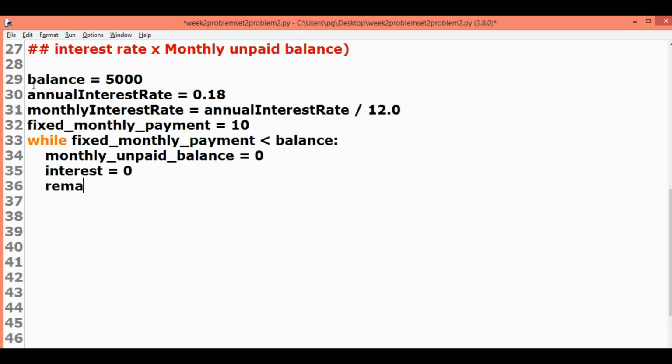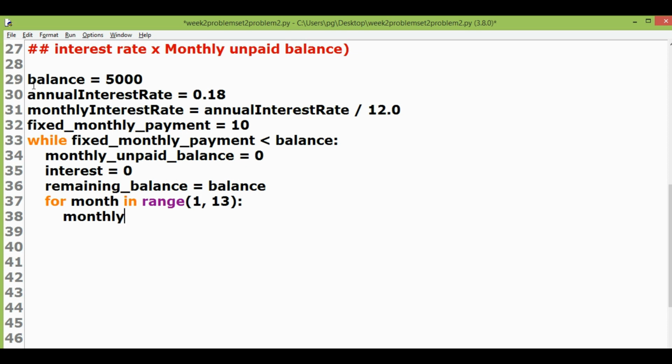Remaining balance is equal to balance. Then we take another variable remaining balance and assign it an initial value of balance. For month in range 1, 13 colon, enter. Now we take a for loop which will be used to loop over all the 12 months to do the needed calculations.